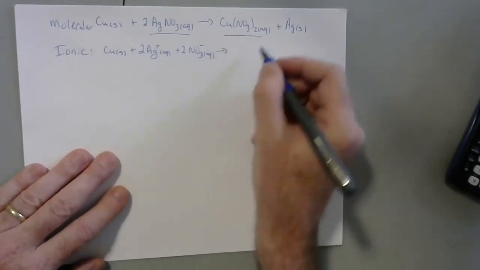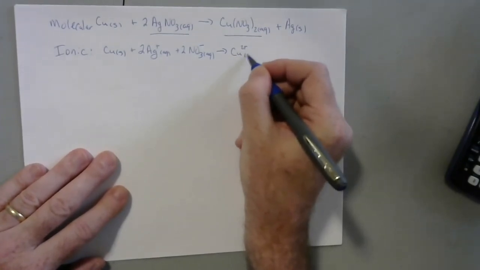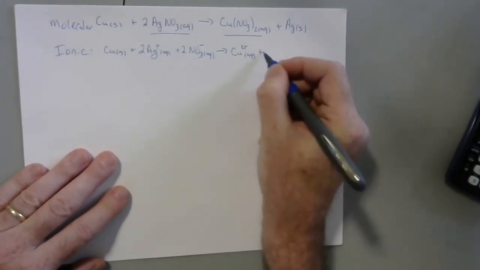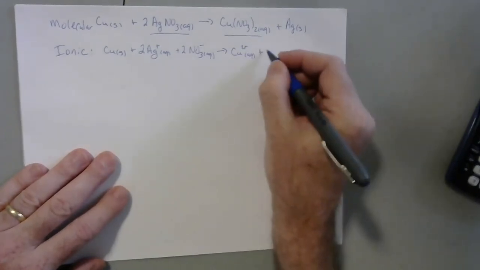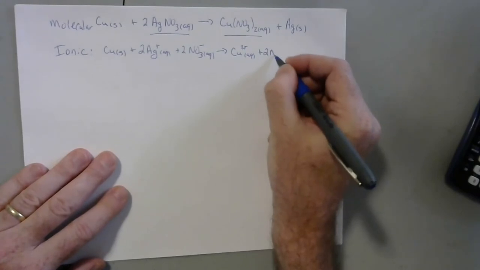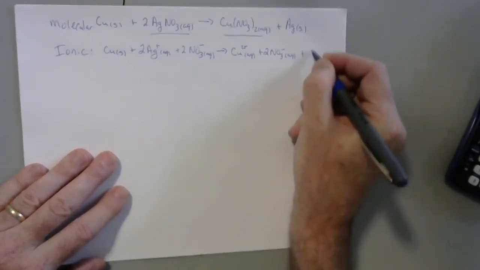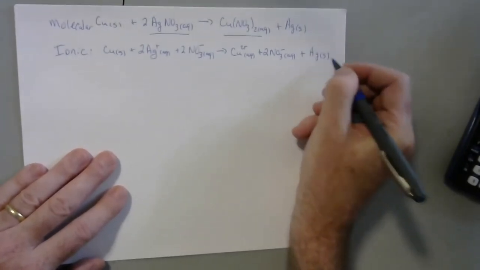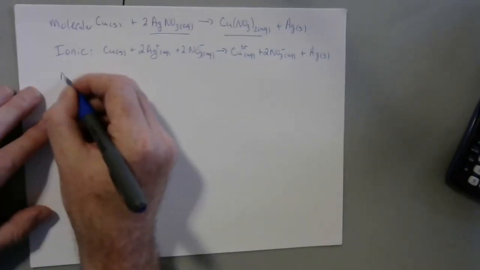Then cupric nitrate is going to split apart, so we're going to get Cu2 plus aqueous. Now there's a 2 down here, but now that's going to have to come out front when I ionize it. So 2NO3 minus aqueous plus the silver. So that is all the things and the way in which they would be shown in solution. Now, when I write the net ionic,